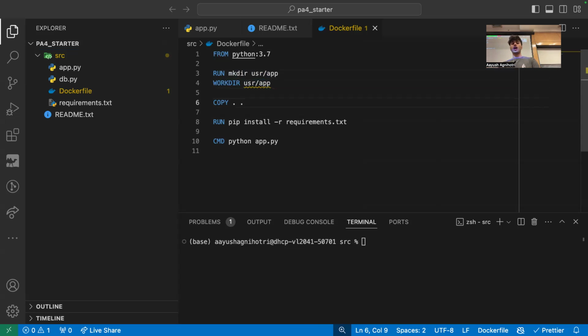Then we copy over all the contents. If you remember, the dot means the current directory. So what this command does is copy basically everything from your current directory to the directory you're currently in, which is now /usr/app. So it's mapping from these files on the left to this new hypothetical /usr/app directory